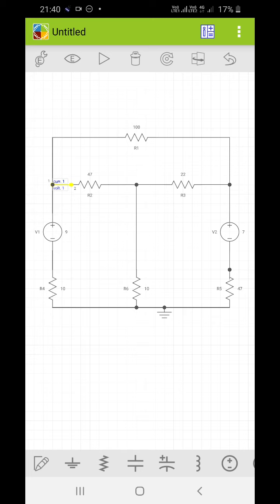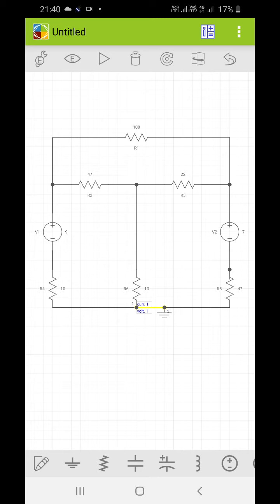Okay, this is first node, this is second node, this is second, and this is your third node. So you can find out the node voltage using the voltmeter. You can place the voltmeter between that node and ground. Okay, because you know that a voltmeter is to be connected in parallel with the component of which you have to check the voltage.